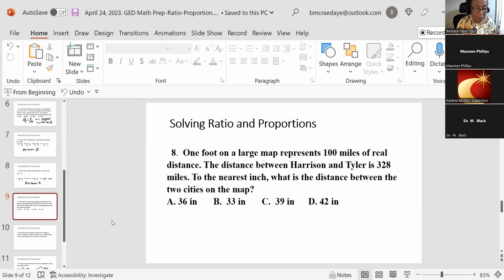Okay. The distance between Harrison and Tyler is 328 miles. For the next inch